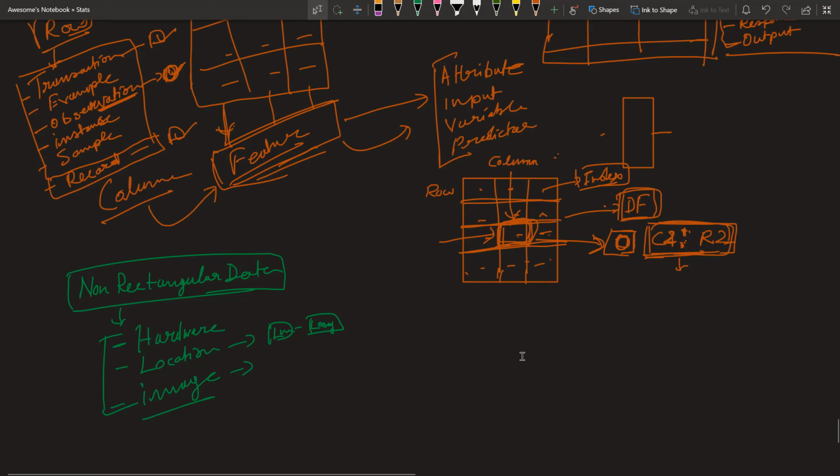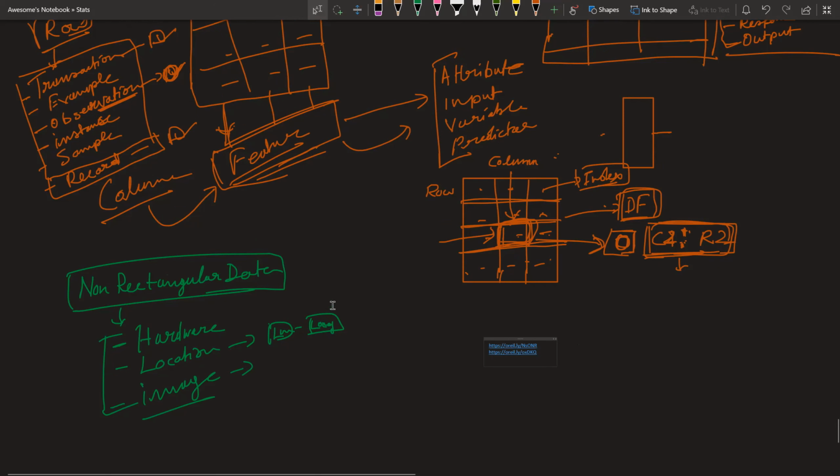Primarily, we talked about data frames. This is the link I am referring to. I will share it in the description, where you will find information on data frames in R and data frames in Python. Even if you Google it, you will get that answer right away, guys.